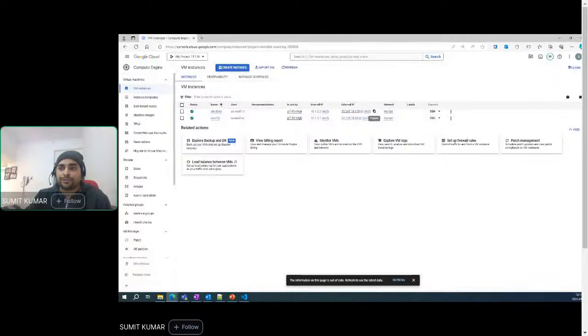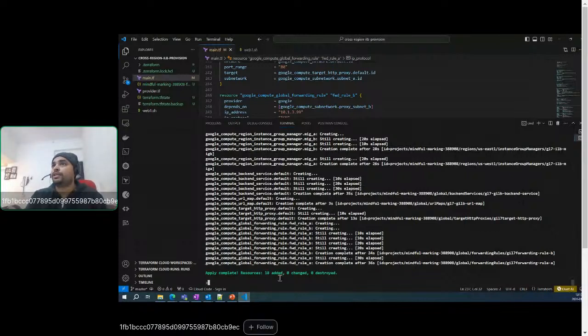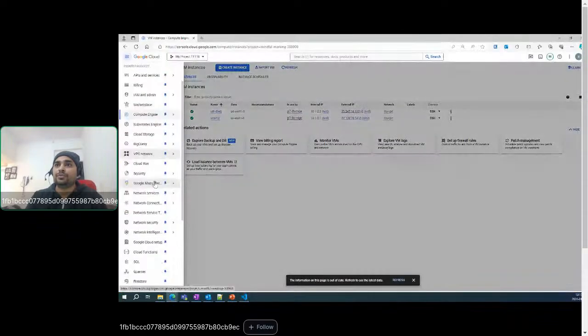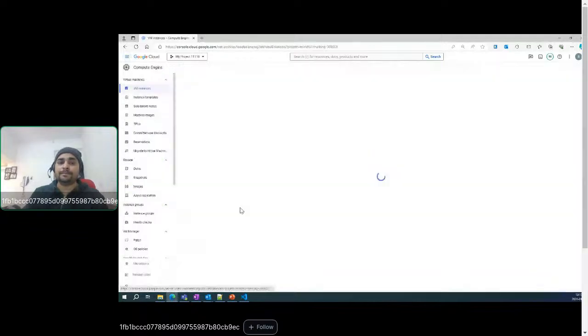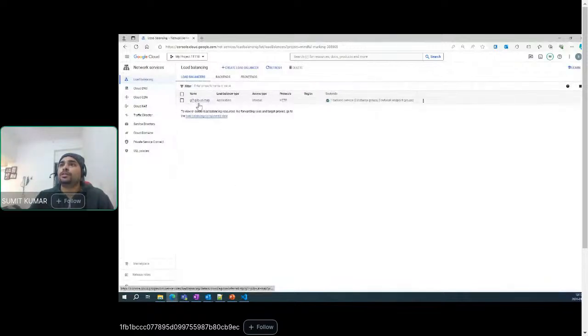Let's wait for this to finish. All right, so here you can see that your forwarding rules and everything has been completed. 18 resources have been added. So let's check the remaining resources. We have the load balancer also ready. If you go to Network services and Load balancing, here you can see your load balancer name, which is your internal application load balancer. The load balancer type is application, the access type is internal, the protocol is HTTP, and you have one global backend service with 2 instance groups. So if you click on that,